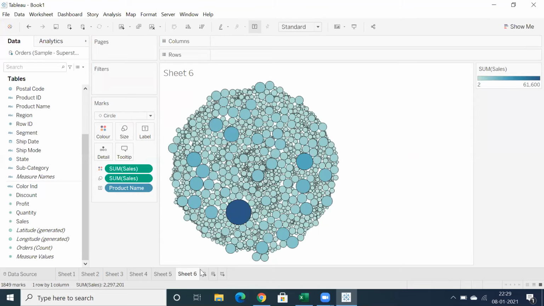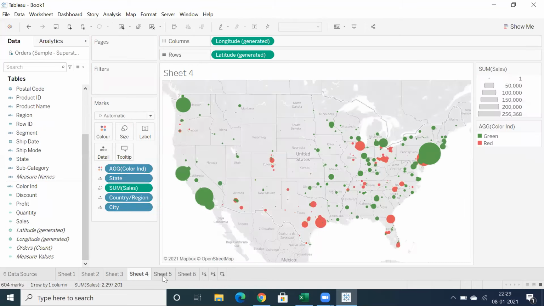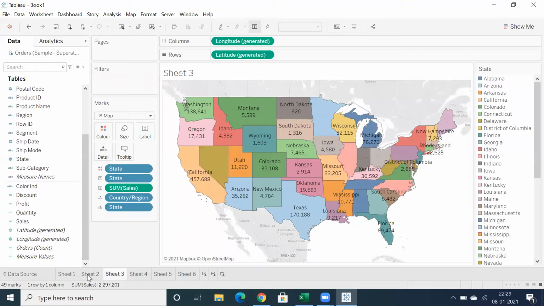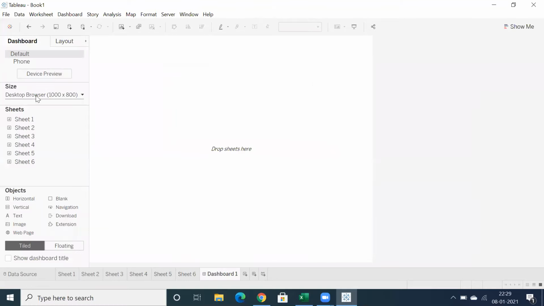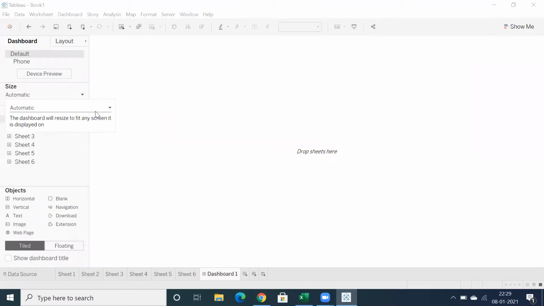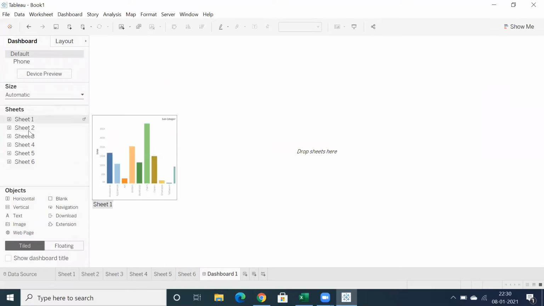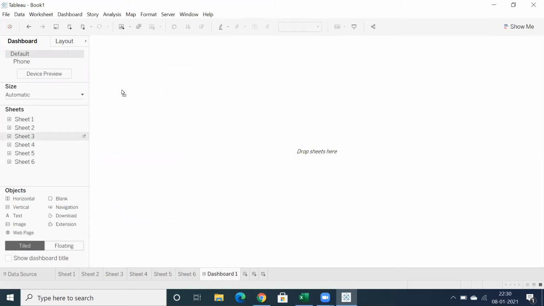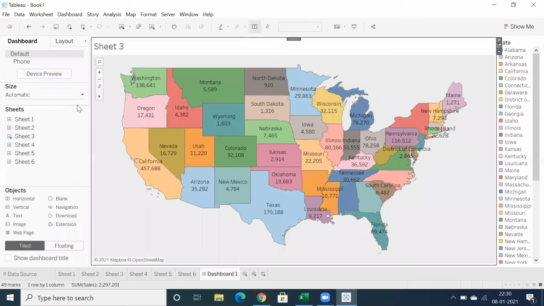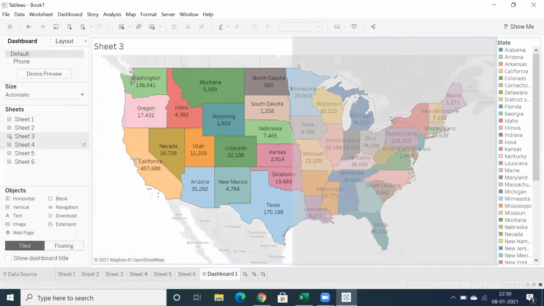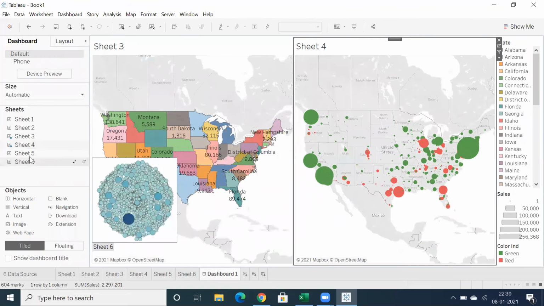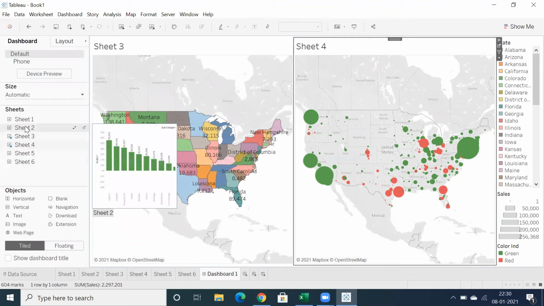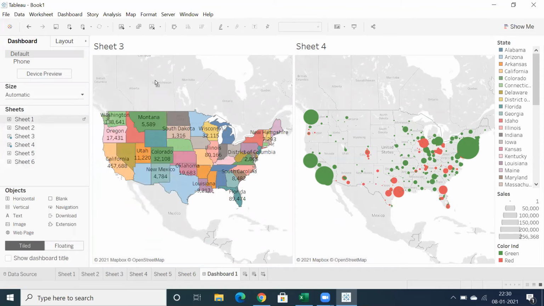So we can create a dashboard. These are all individual sheets which we created. But if you want to showcase a few of the sheets at a time on one single page, we have the flexibility to do that. That is what we call a dashboard in Tableau. Mostly we call them dashboards in multiple reporting tools. So let me drag and drop a few of the sheets here.